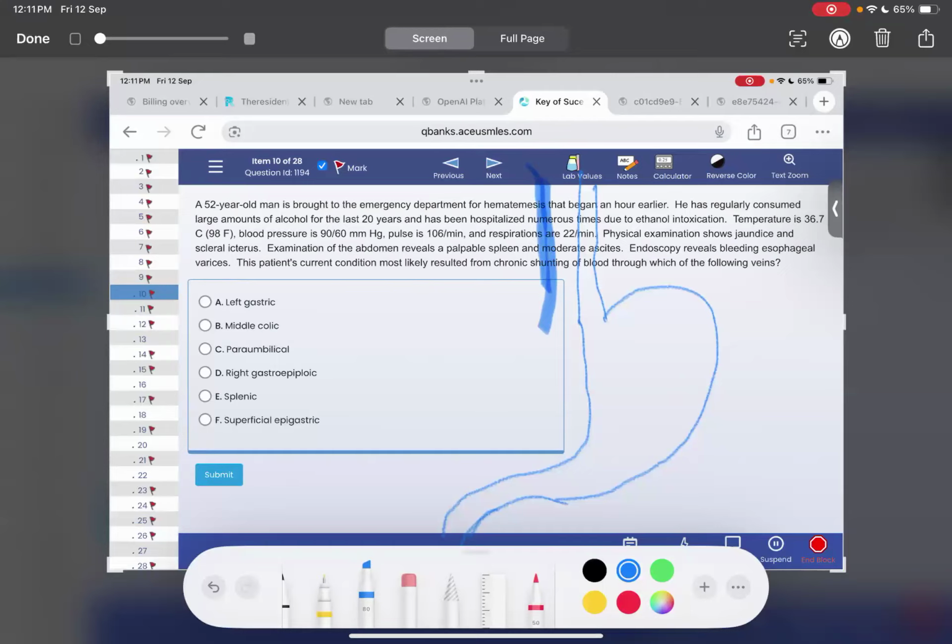The aorta is coming down like this. Here is the celiac trunk. The celiac trunk gives three branches: left gastric, splenic, and common hepatic. The common hepatic divides into two: proper hepatic